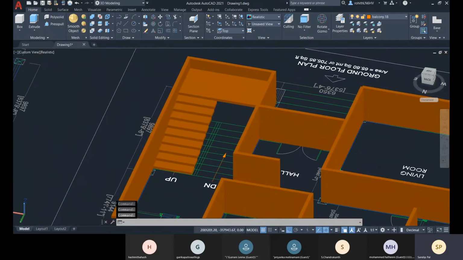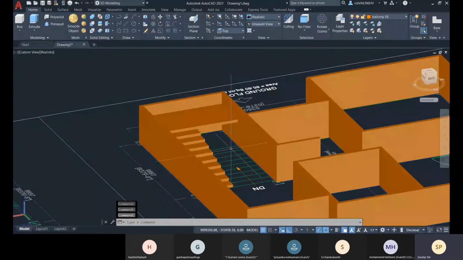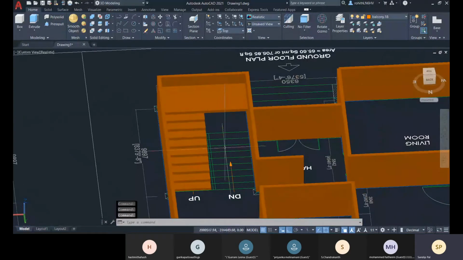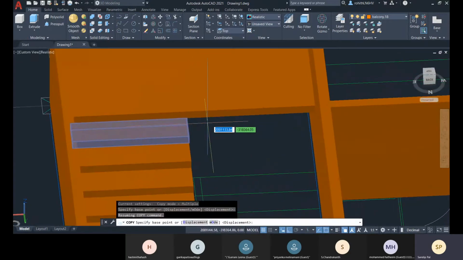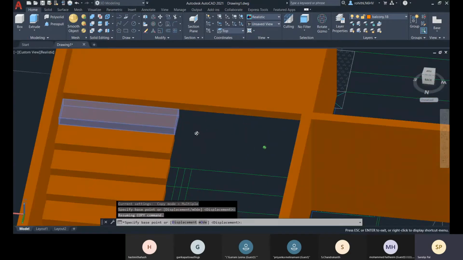Okay, and what we can do next is we can place these. Let me show you that. You can go for copy, and there you can place it.